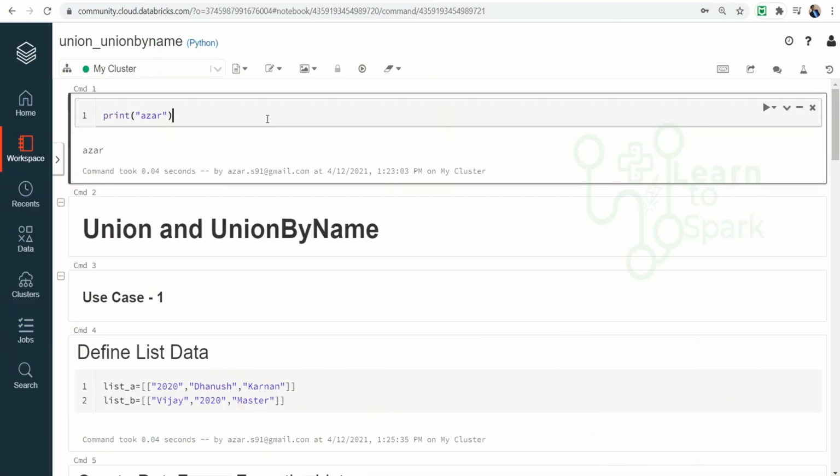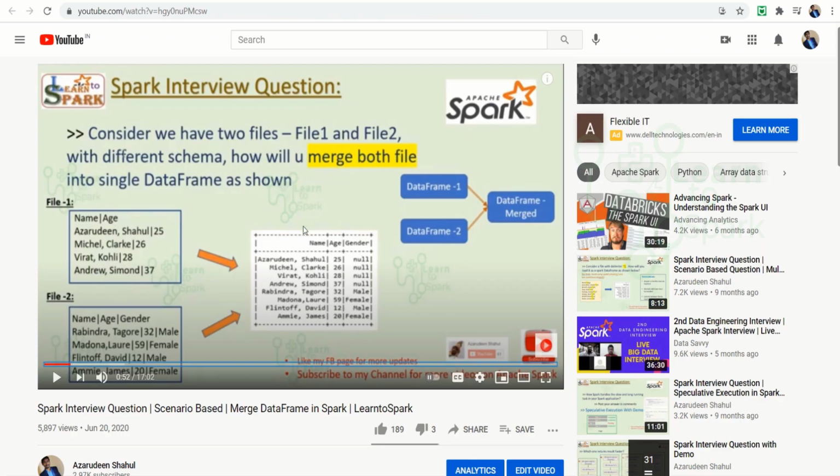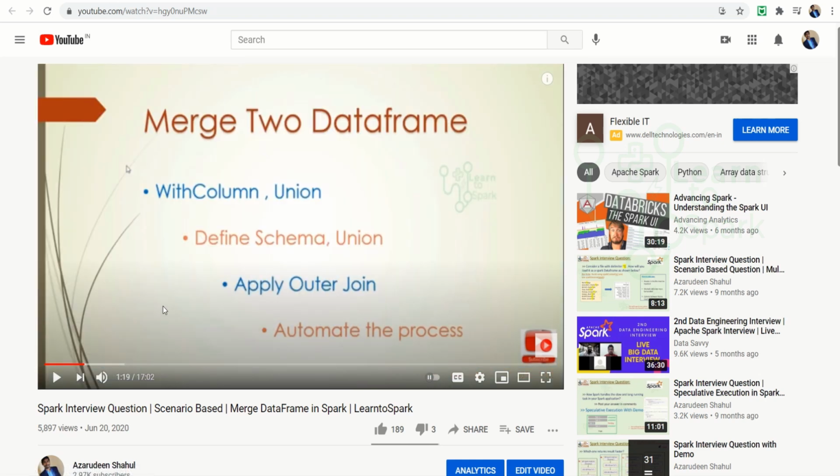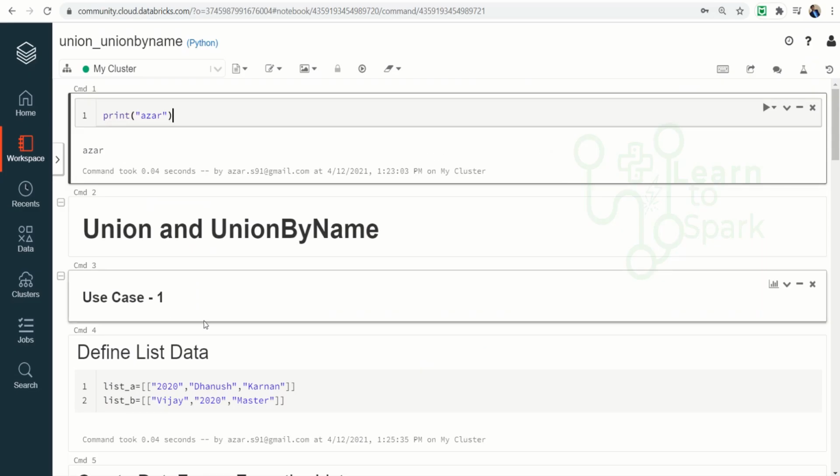We are in my Databricks Community Edition account. I have already created a notebook and also started the cluster. We will go through each and every step one by one. Before moving on to our demo, I would like to show you that in our playlist we have already solved this problem in an earlier video, on how to merge two data frames with two different schemas, and in that video I showed four approaches that we can follow to solve this problem. I recommend you see that video before moving on to today's demo. I will give a link in the description and the i button. You can go ahead and watch that video. That being said, let us move on to today's demo.